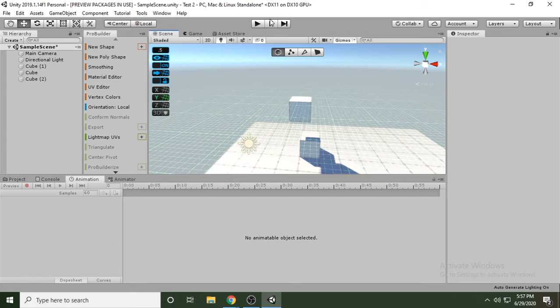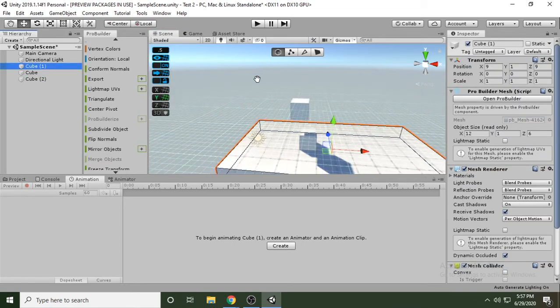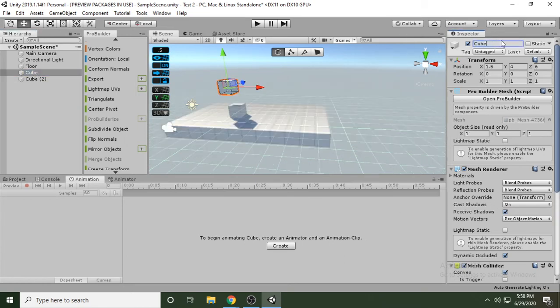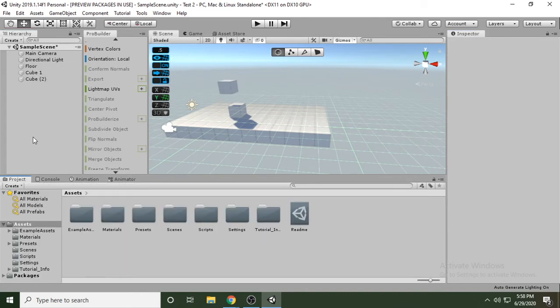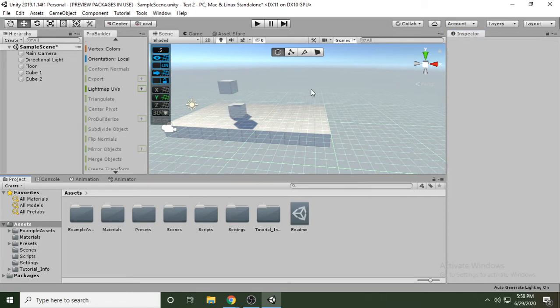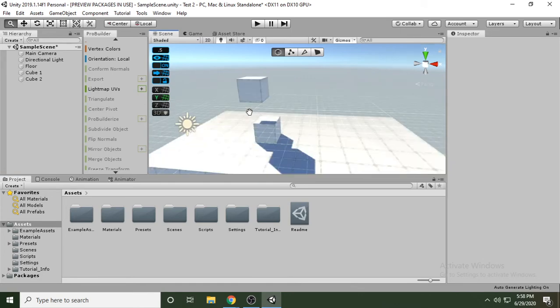Now we can just play around with this for a little bit, but let's just name this stuff. So let's name this floor and name this cube 1. Okay, and let's actually go to project. And cube, I know it says cube 2, but I don't want to say cube like that, cube 2. So now you see that this collides,